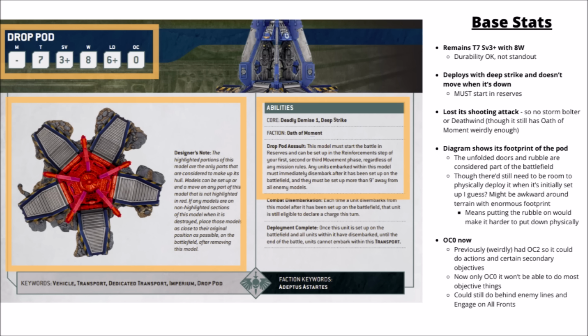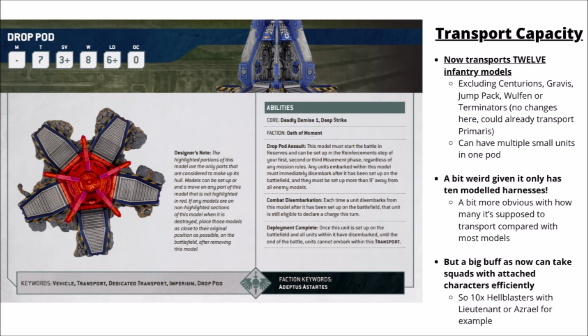Now it's basically going to have very limited impact on objective type things. I guess the pod itself could be used for a behind enemy lines thing if they leave really quite a big gap for it. Or you could use it as an engage on all front things, though I guess often the unit that's jumping out of it would equally be able to do those if it's dropping in. I'm really not too surprised to see it drop down to OC0 when they took a second look at its rules though. As for the exciting bit though, and that's the Space Marines that you put inside,